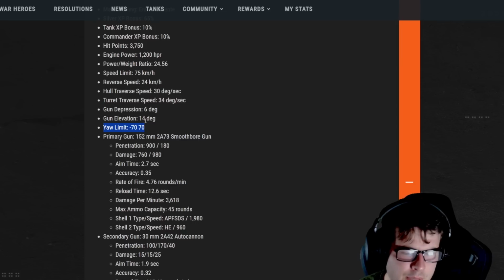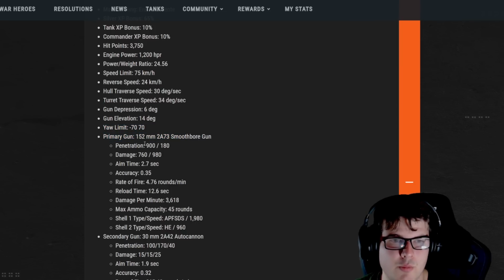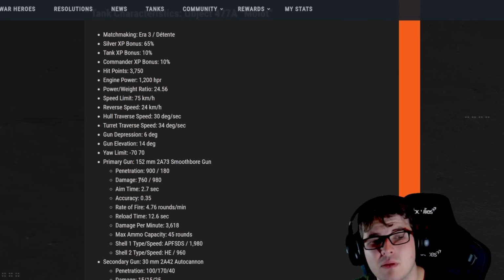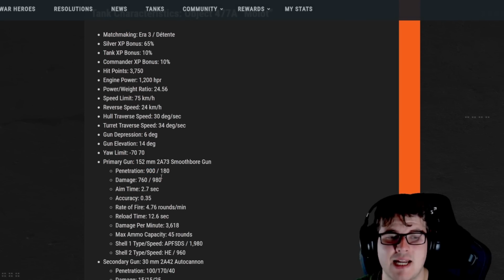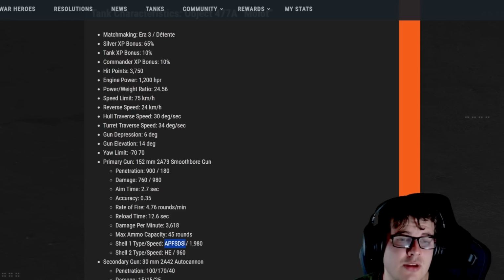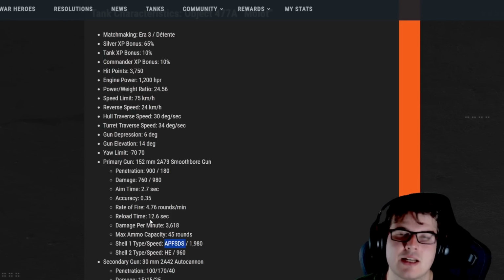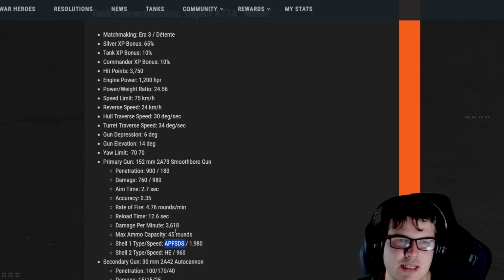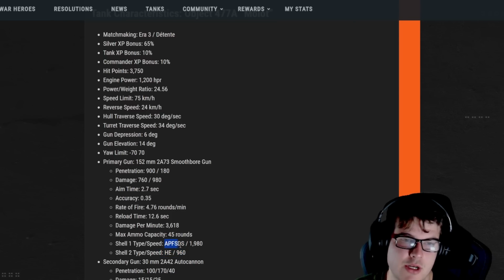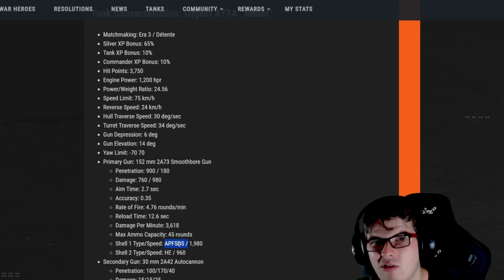But the main thing with this tank: 152mm main armament with 900 penetration. And like I said, with the silver bonus, because this tank has fantastic standard rounds, which are APFSDS, you are essentially going to be able to go straight through a lot of the tanks in the game. HEAT rounds are usually pretty bad in Era 3 because everything has spaced armor, whereas these premium APCR rounds,